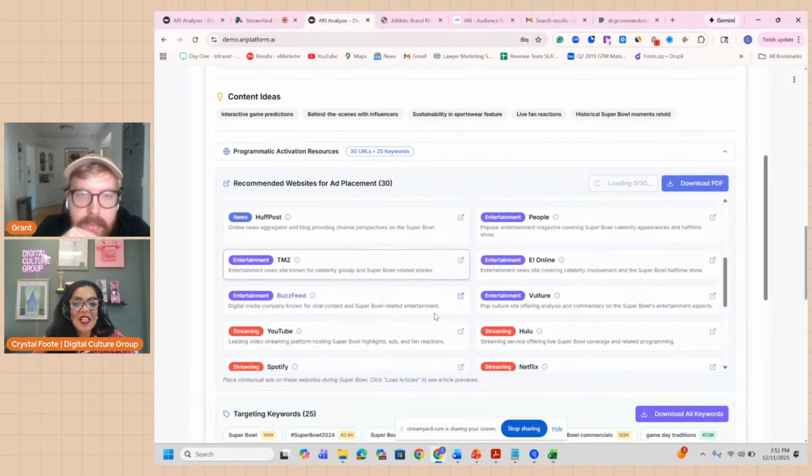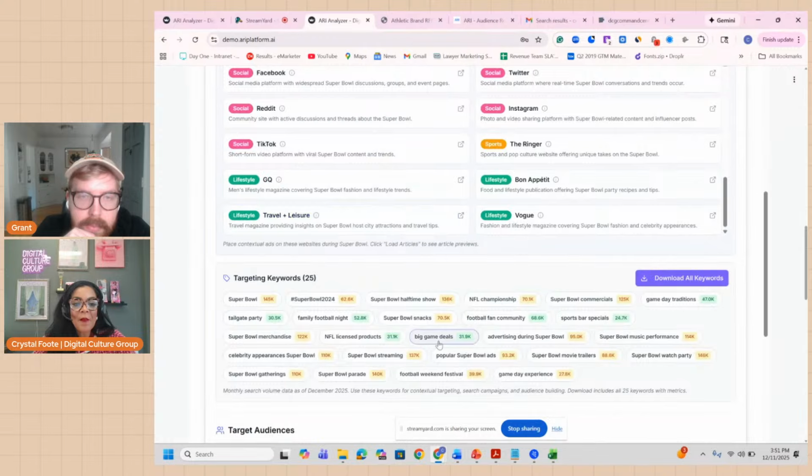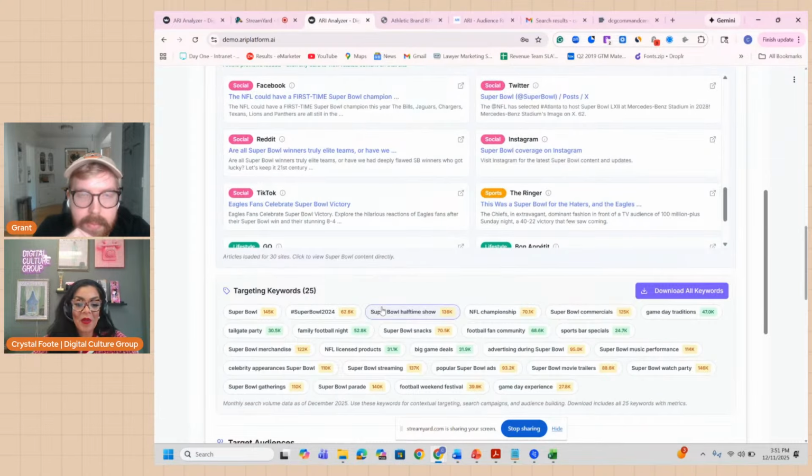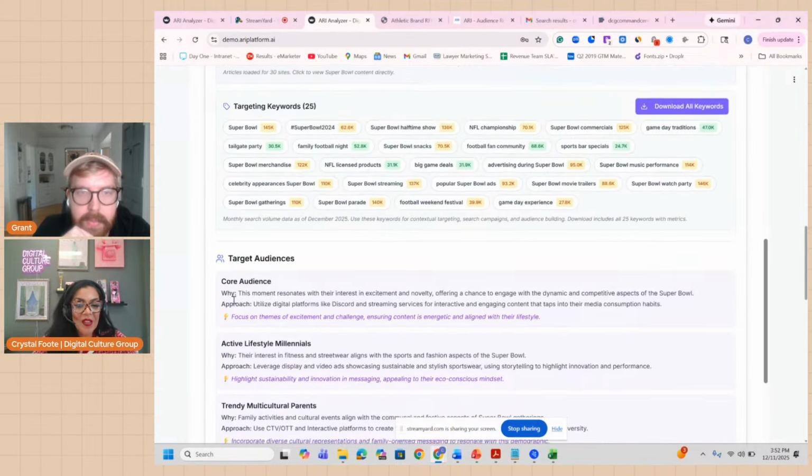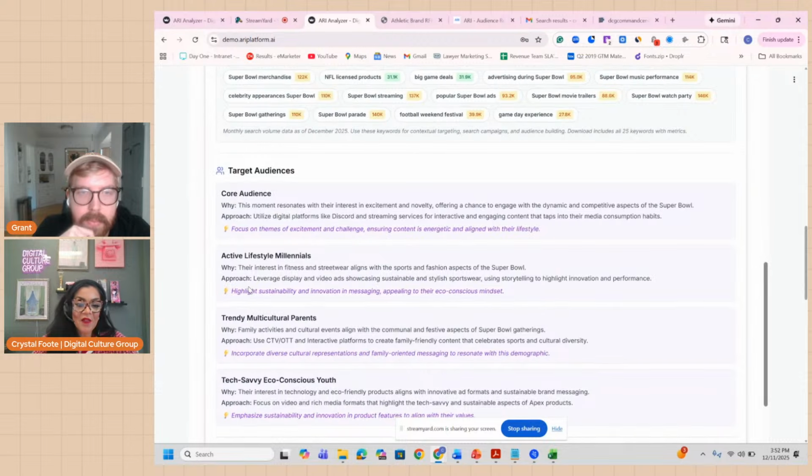We also can see keywords. That way, for the keywords, we'll put this in our keyword targeting or our SEM campaigns, and we can be adjacent to these keywords. So if people see these keywords, reading an article, again, that banner is showing from the brand. From there, it says why this approach will be great for this core audience, how it aligns with the core audience and additional audiences from Ari.